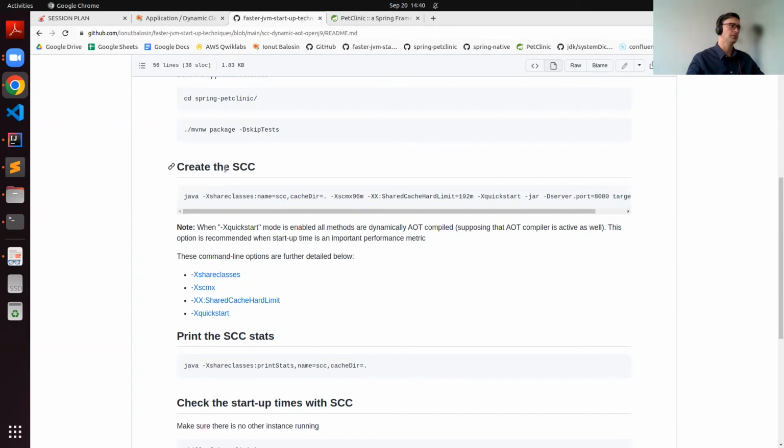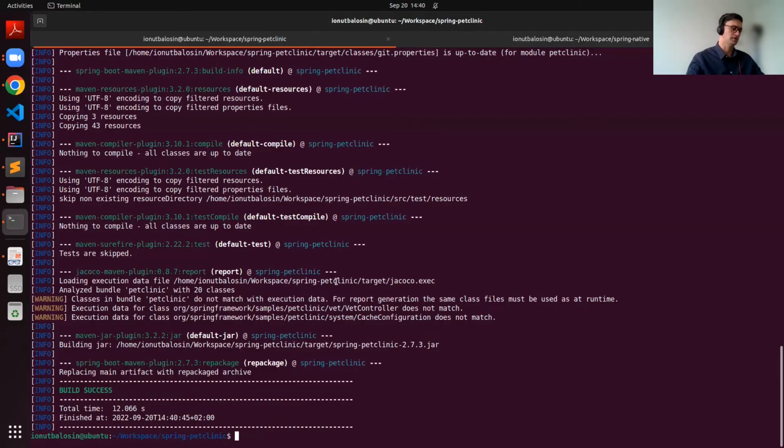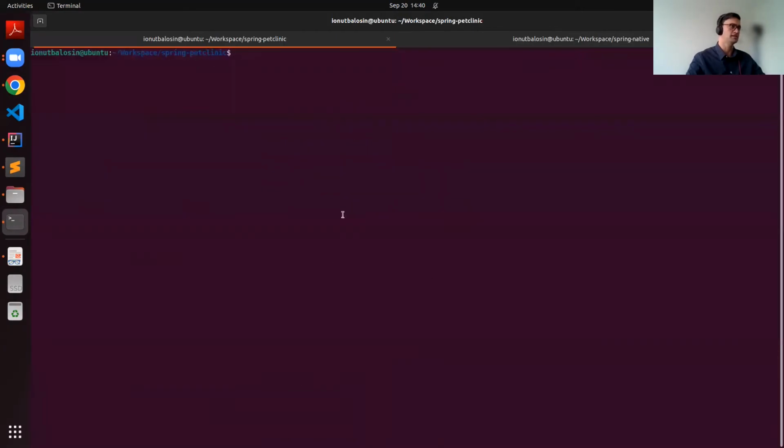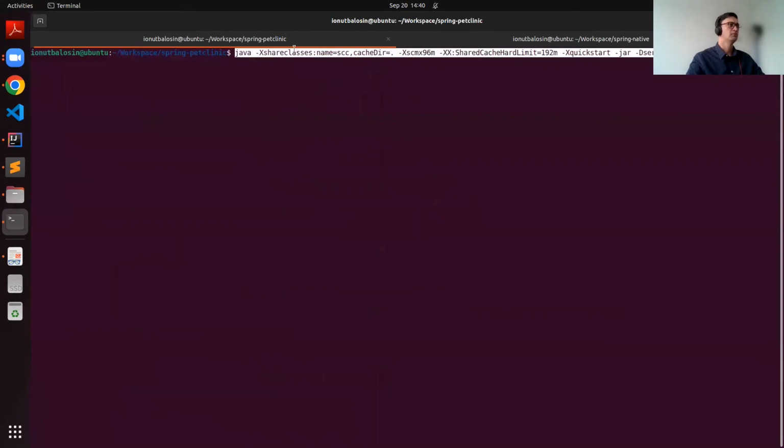So if you want to create the archive with OpenJ9, of course, there is a different set of flags. The most important one is this Xshare:classes. You specify the name and the directory where you want the archive. These two refer to a soft limit and the hard limit that you can specify. By default, I think the hard limit is 2 gig. So I set implicitly around